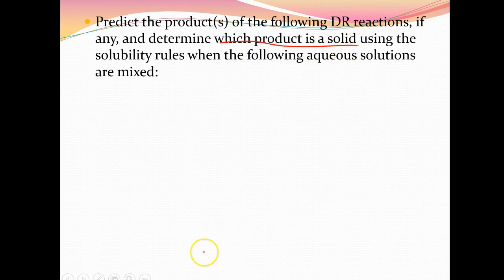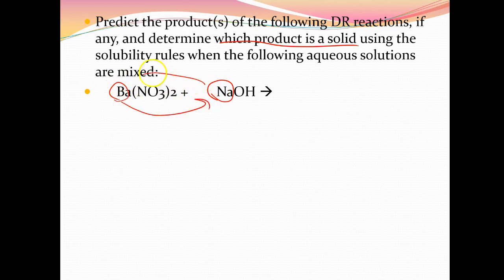So, predict the products of the following double replacement reactions, if there are any, and determine which product is a solid using the solubility rules. So, here it is. I have a double replacement reaction, and in double replacement, here's the way it works. The Na and the Ba are going to trade places in order to figure out the products from the reactants. You're going to put the Na with the NO3, and I'm just going to write them down next to each other like this, and I'm going to write the Ba next to the OH like this,